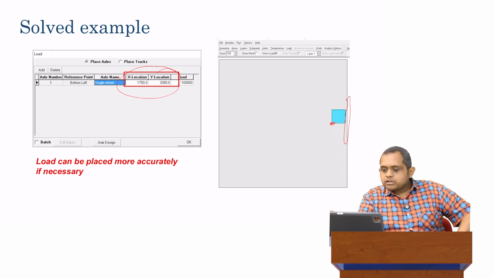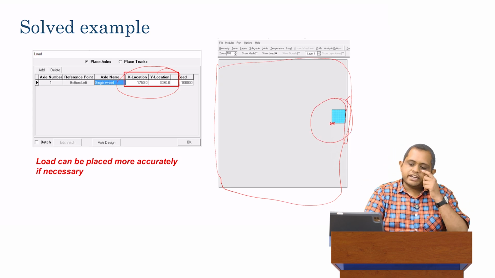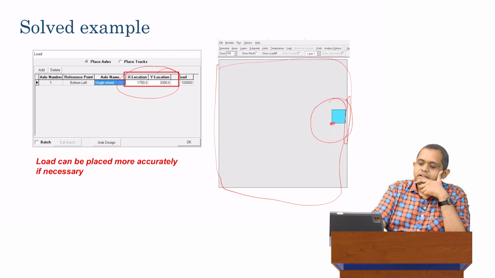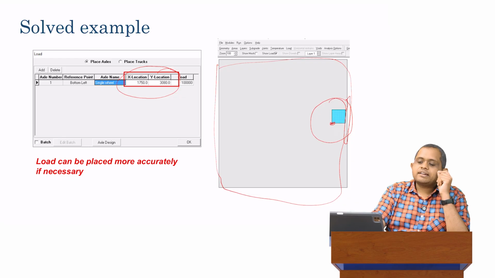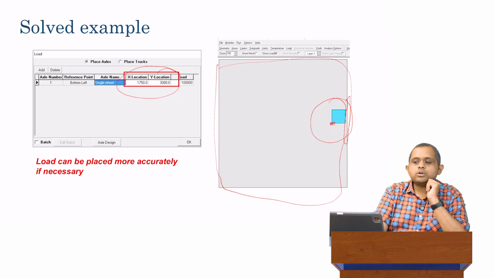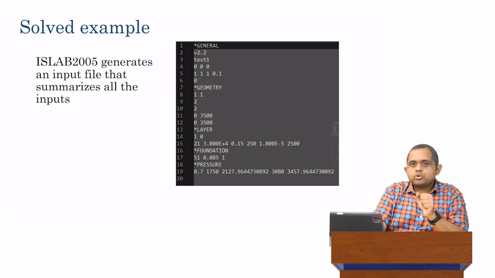So what we see over here is, we now have one element, which is the slab, and the load is placed very, very close to the edge. So now we successfully placed the load, and now we're done. We technically can solve. What I wanted to point out is that all this graphical interface of clicking buttons and putting loads here is actually optional. If you are more of a power user and you know what you're doing,